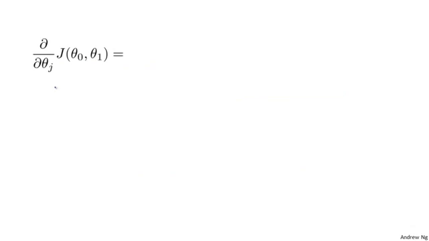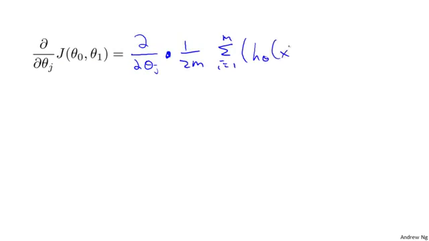So you need to figure out what this partial derivative term is, and plugging in the definition of the cost function J, this turns out to be this, from i equals 1 through m of this squared error cost function term. And all I did here was plug in the definition of the cost function there,